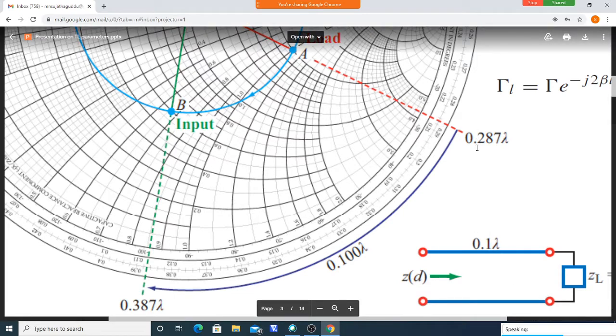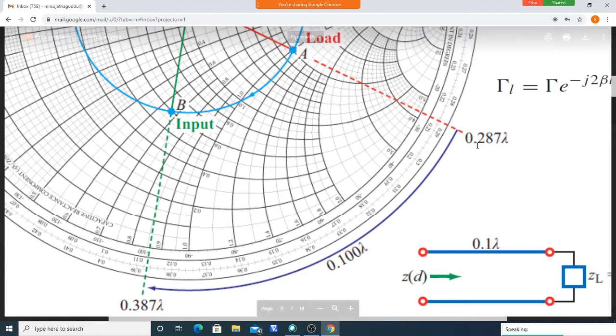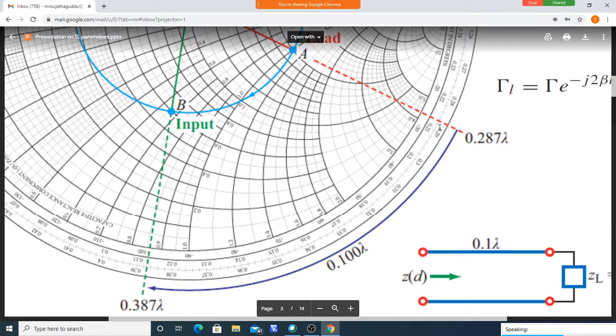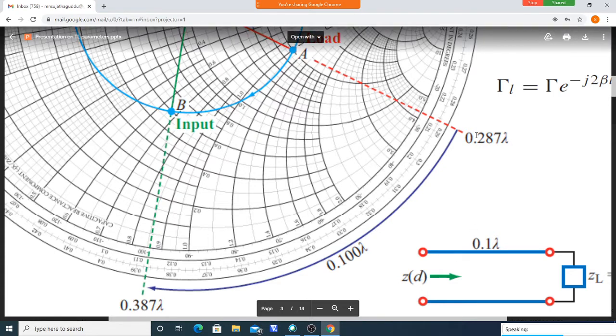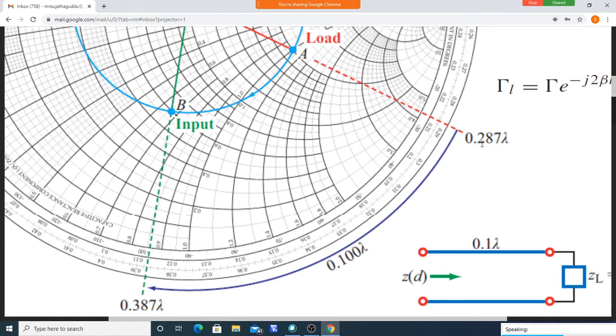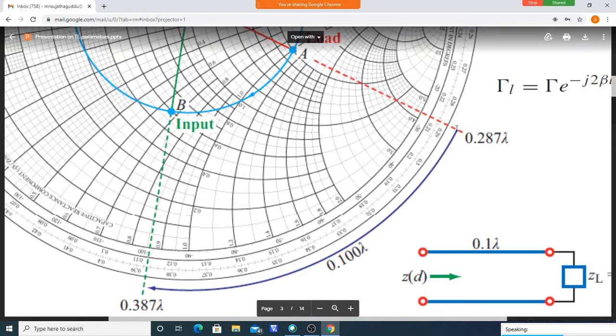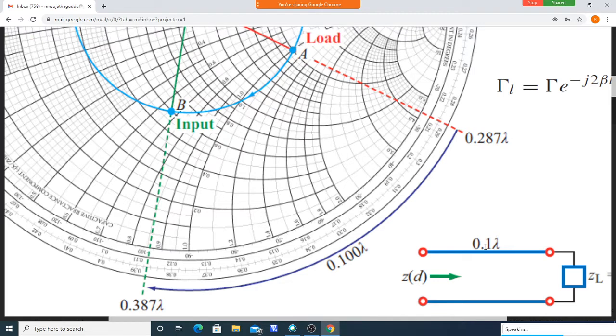That means to this value you add 0.1. 0.1 means 0.387 lambda. So from here you move like this, wherever 0.387 is there. See here, this is 0.38, but 7 here, 7 is here. You stop here. To this point 0.2, you add 0.1. What do you get? 0.2 point. If you add 0.1 to this point, because 0.1 distance you should move from here. From here you should travel a distance of 0.1 lambda.